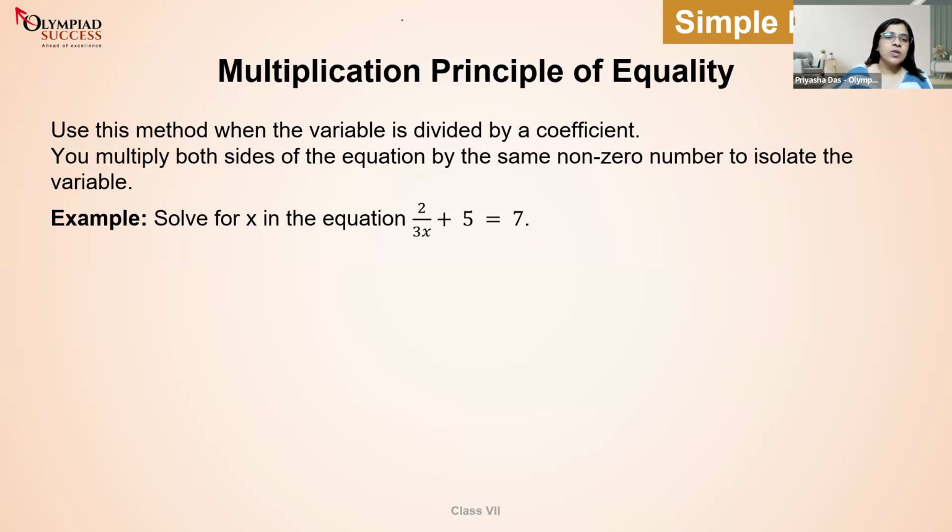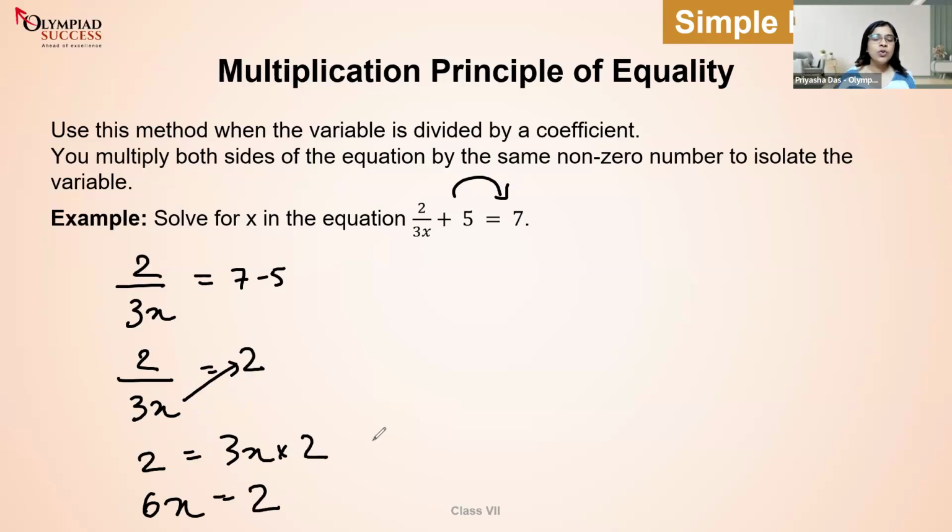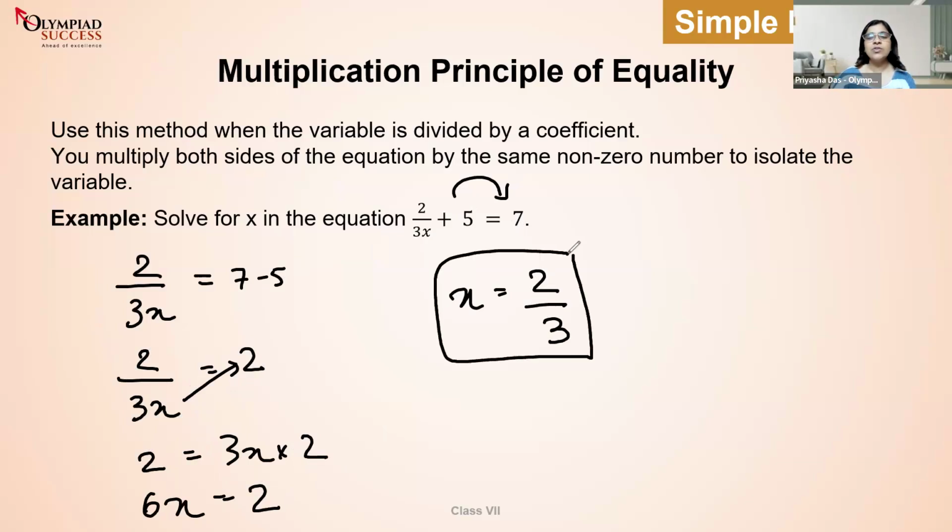Okay, let's start. So 2 by 3x is equals to 7 minus 5. Can I do this as my first step? 2 by 3x is equals to 2. Now what I will be doing is I'll be cross multiplying. So I'll take 2 is equals to 3x into 2. That is 6x is equals to 2. So x is equals to 2 by 3. Now when I say x equals to 2 by 3, put the value over here and see that you actually get back a 2, which when adding with 5 gives you a 7. Right?